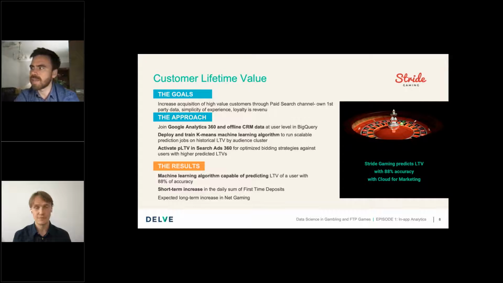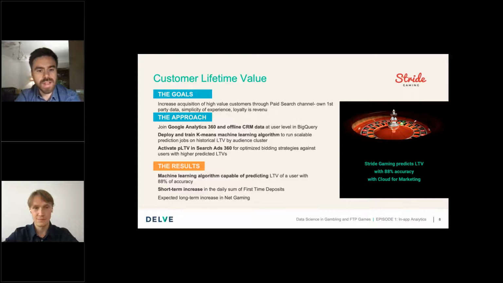This is the main KPI of Stride Gaming. That's why we introduced LTV modeling, and the accuracy of identifying people who are going to pay more than $100 at the first deposit is 88%.